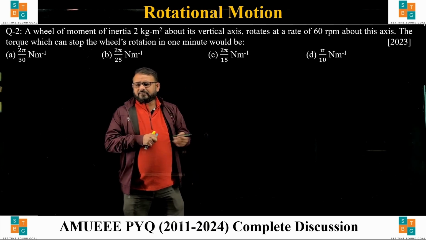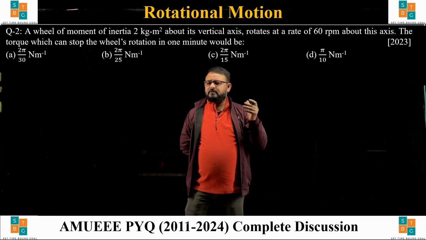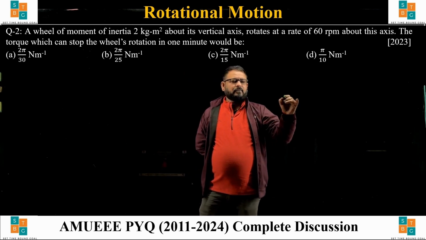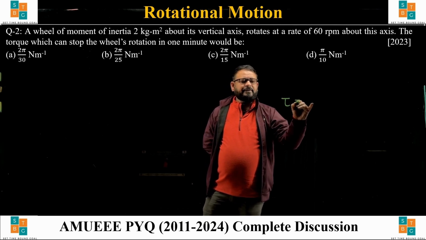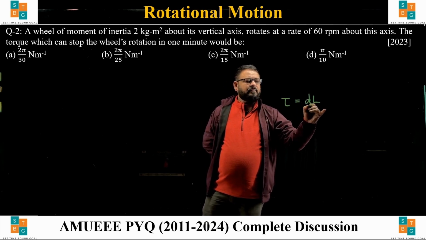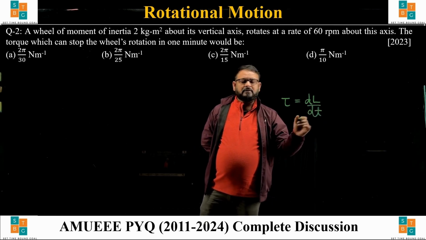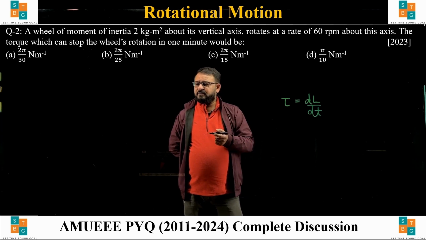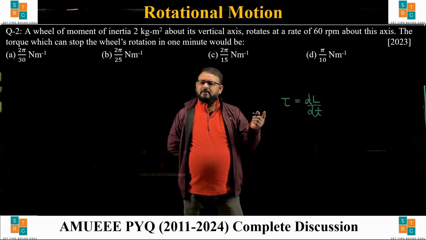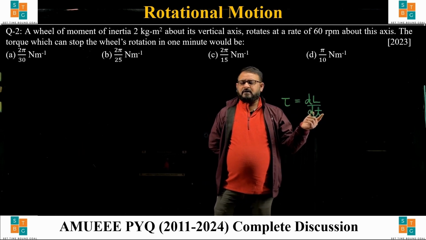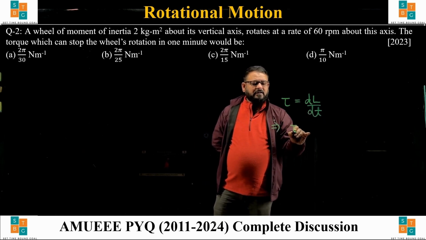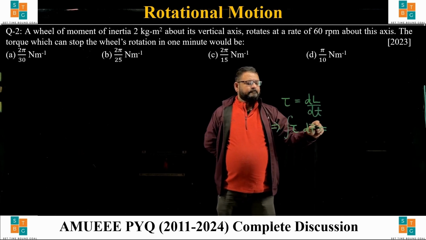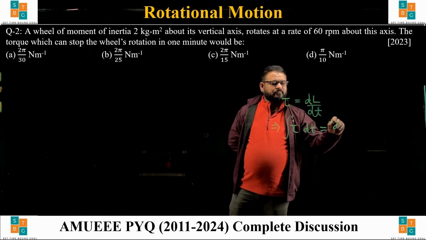Okay, so we have given the moment of inertia and we have given the omega. And what we can do is we can write tau is dL by dt. So initial angular momentum is given and we know what is the final, right? So we can easily write tau dt is dL,